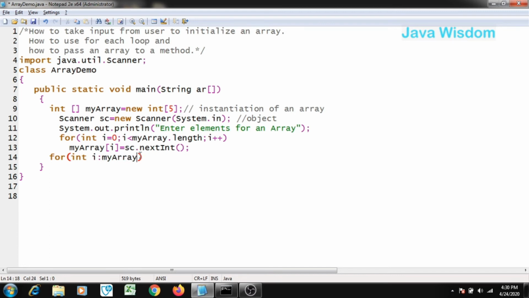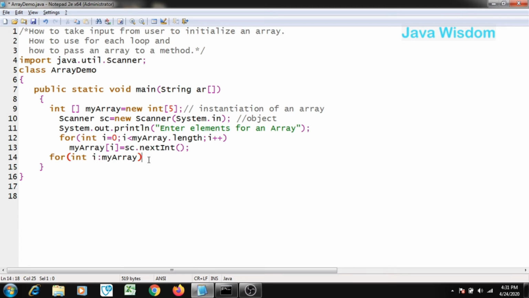Whenever this for loop executes, it takes the value index by index from the array and assigns it to the variable, whichever control variable you have declared. Right now I have declared i as a control variable. So it will start from the 0th index value to n-1, meaning the last element of the array, and it will assign it into the integer i variable.